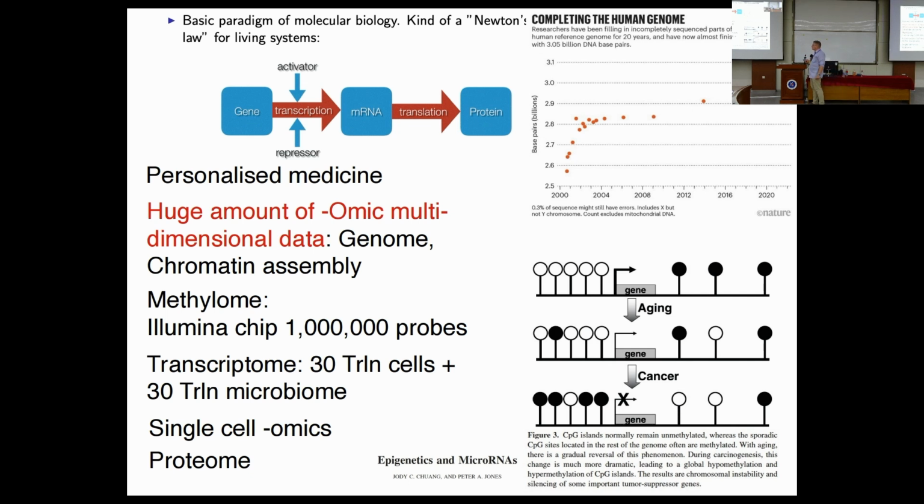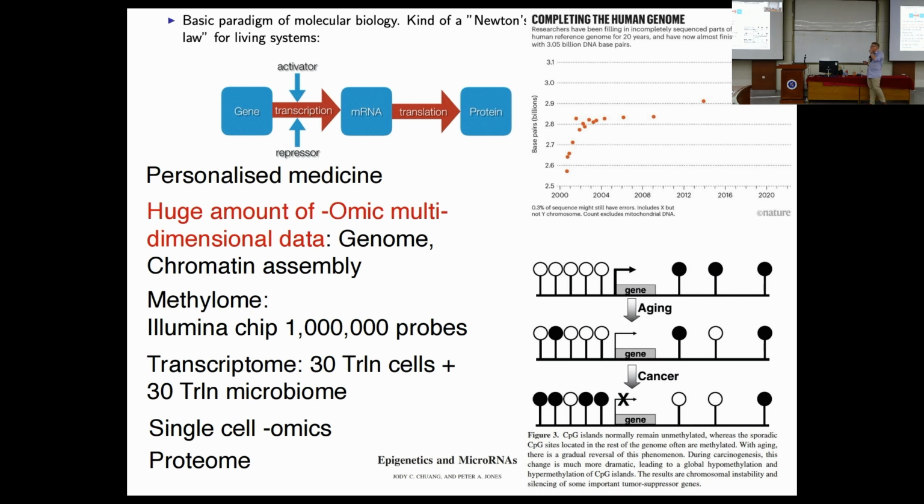Then, according to the genome, we have a chromatin assembly, because reading from the DNA depends on how it is folded or unfolded. Additionally, we have the methylome, and we played a lot with analysis of DNA methylation data. It's simply an epigenetic signal which can be added chemically on the CpG region of the DNA, between C and G. And if, for example, inside the gene you have a lot of methylation in the beginning of the gene, in the promoter, then this gene will be silenced. For example, if you smoke, or during aging, or during cancer, some genes will be silenced,